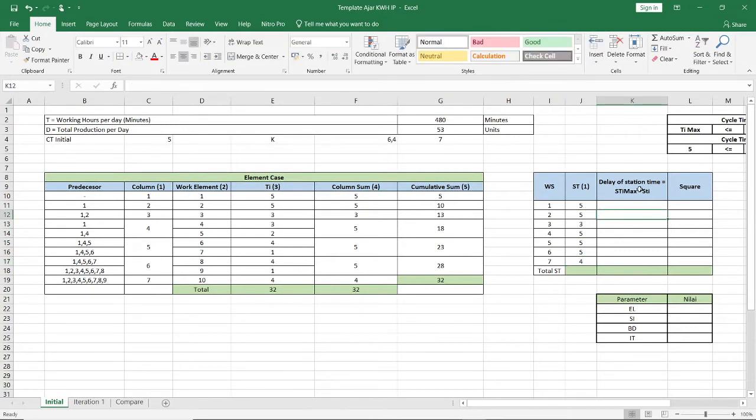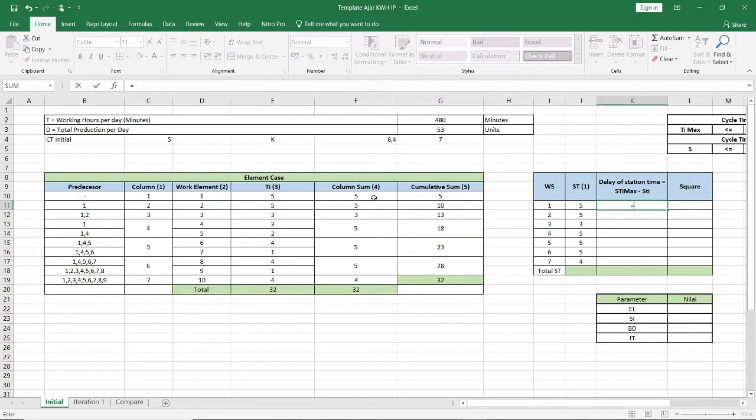And then the delay of station time equals STi max minus STi. So the highest station time minus the station time itself. I will show you. The formula is equal, and then we can see right here what is the highest value in this column sum.